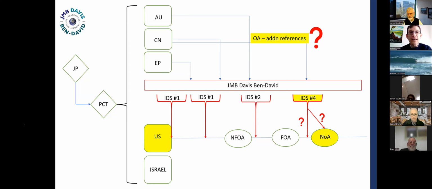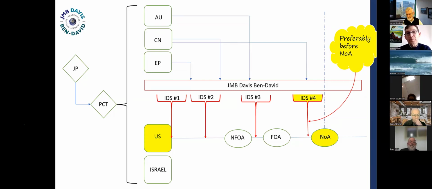If things are fast, it's still better to do it before the notice of allowance or before you respond to the final office action. For example, every now and then you get a final and it's really not so scary. All it is is a little bit of formalities that the examiner wants you to do, and you take care of that. It's still important to get those references in front of the examiner as soon as you can, just in case the examiner has some second thoughts and wants to mull something over or change their mind before issue of notice of allowance. And so that's that, preferably before the NOA.